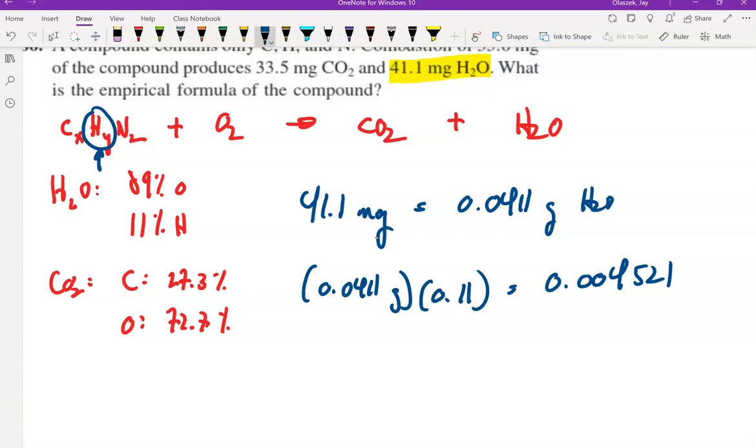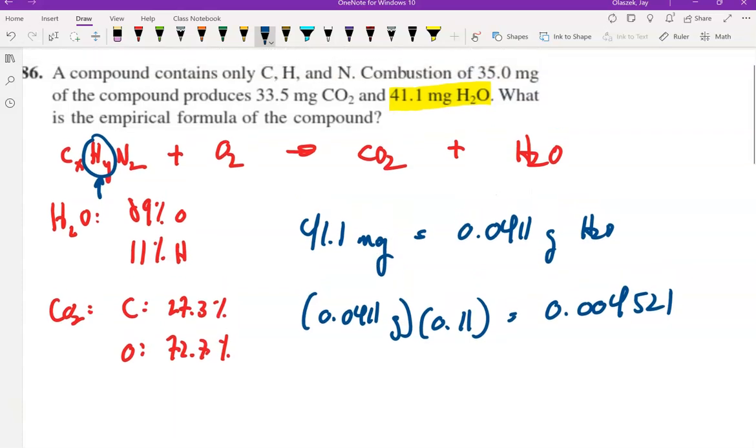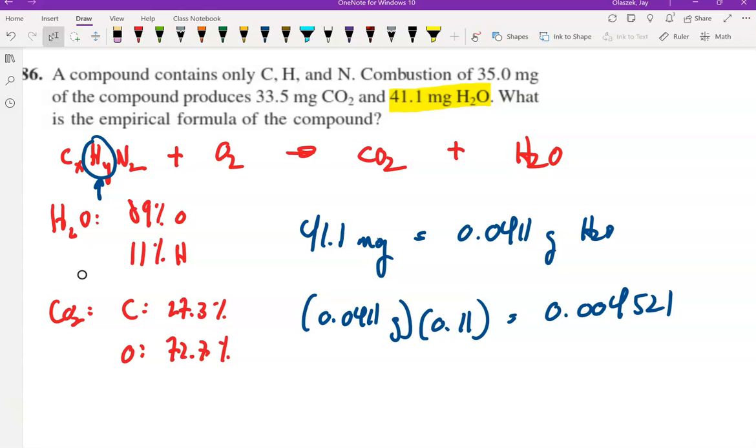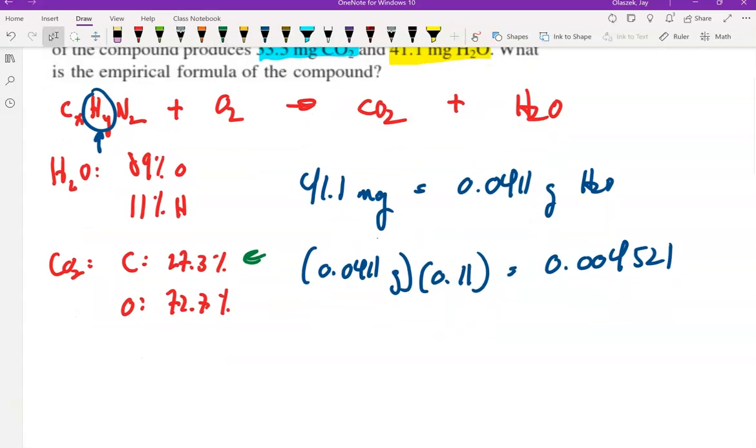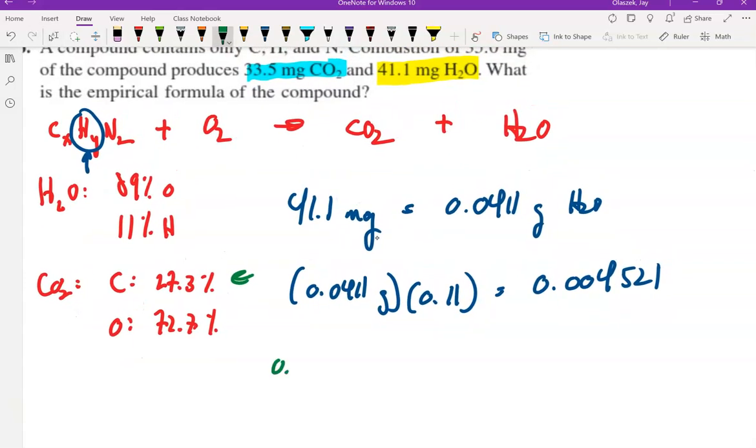Let's do the same thing with our carbon. We're not worried about the oxygen because the compound doesn't contain any oxygen, but what we can do is find out how much carbon we have. We know that the carbon dioxide produces 33.5 milligrams or 0.0335 grams. What percentage of that is carbon, if the mass percentage of carbon in carbon dioxide is 27.3%? So we've got 0.0335 grams, and the carbon is 27.3%,